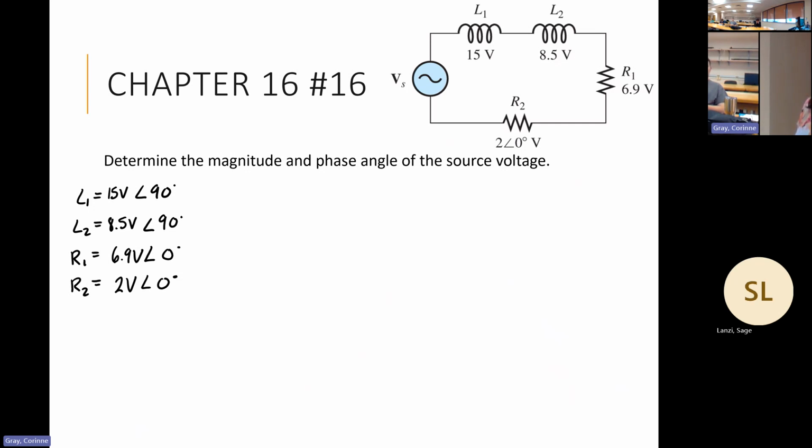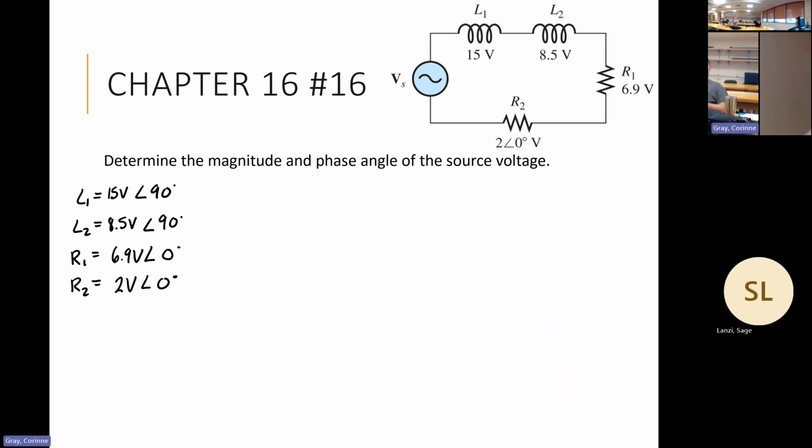In that situation, what would the angle be for the inductors? Yeah, so you just do 90 plus whatever. Yeah, 105. You just take the value for the resistors and add the 90. So